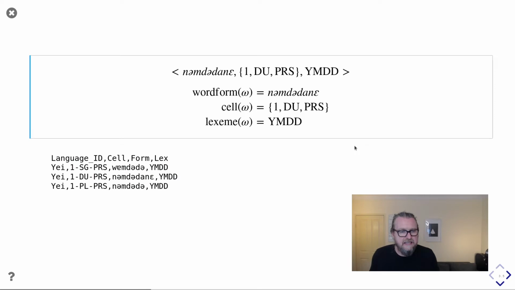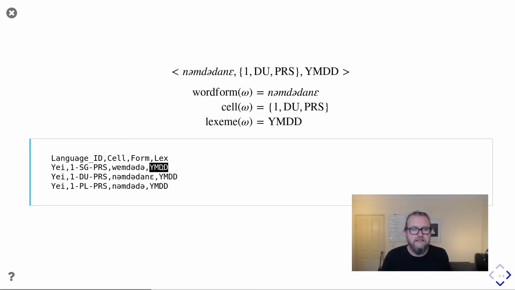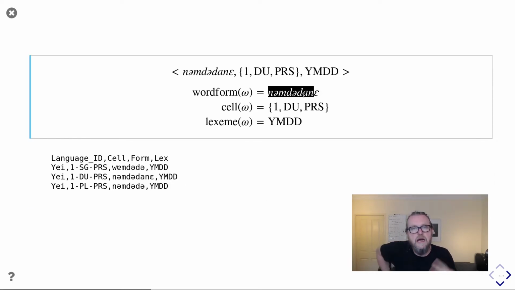And you'll notice our basic model here matches the input data from our data set. Here's a simplified version of our data set of an inflected lexicon, where you have the lexical index, you have the word form, and you have the cells. As I said, each of these can be as complex as need be. For the lexical index, maybe you could have structured features as well to capture structured lexicon. You could have multiple tiers in your word form,